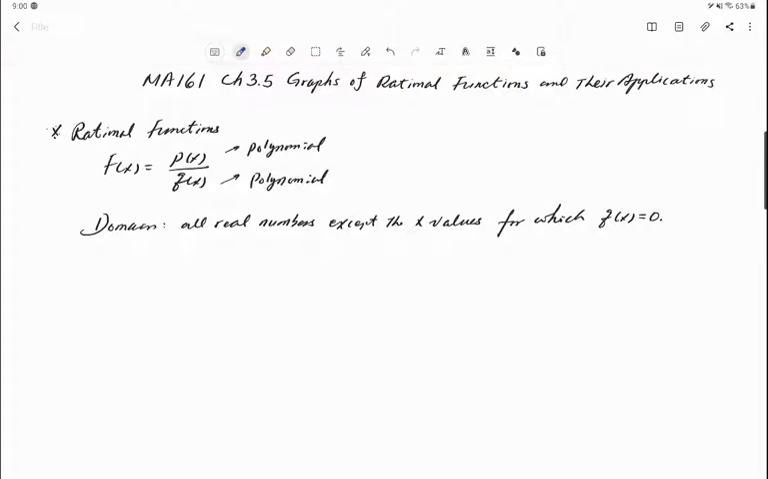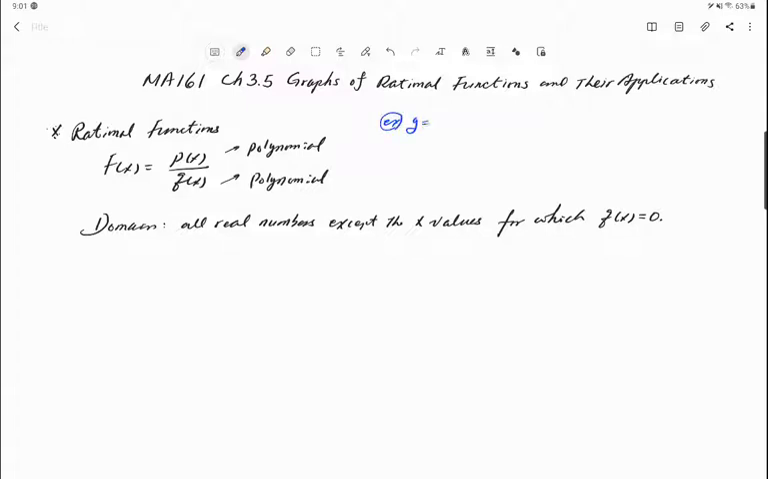Okay, the definition of rational functions is really simple. It is a fraction. Rational number means fraction, right? Rational numbers, irrational numbers. So rational numbers, fractions, are called rational numbers. So a rational function is a function whose numerator and denominator are polynomials. So it's a fraction. So for example,